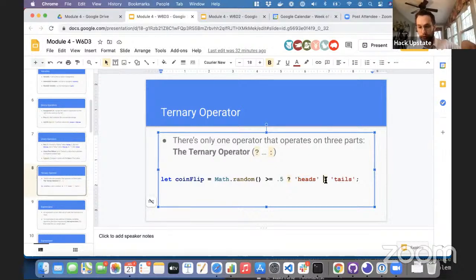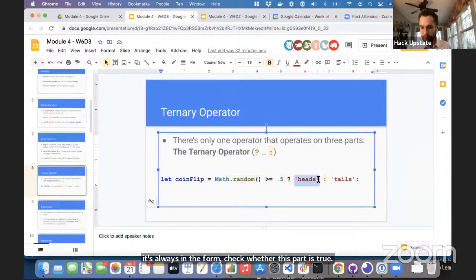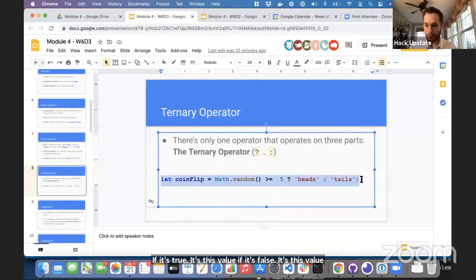If it is false, though, it will make the entire thing evaluate to the thing after the colon. So it's always in the form: check whether this part is true. If it's true, it's this value. If it's false, it's this value. And we can just copy this right into